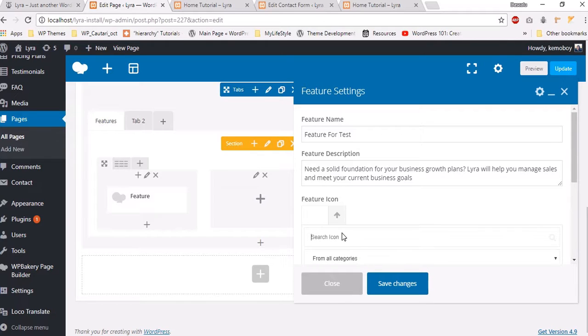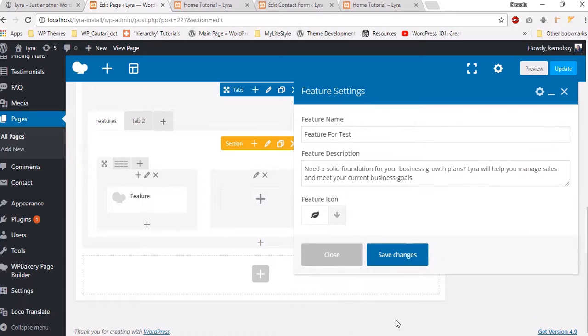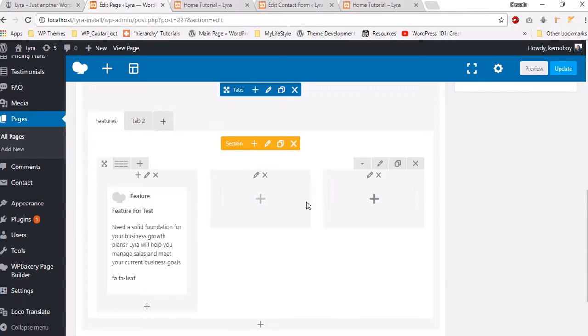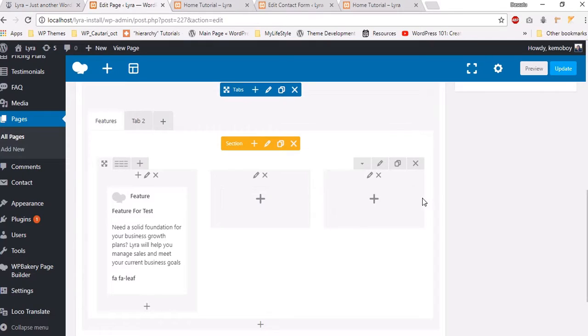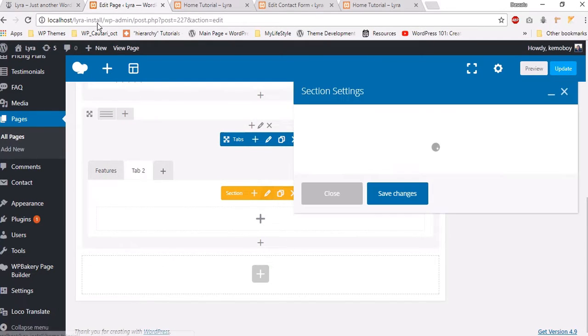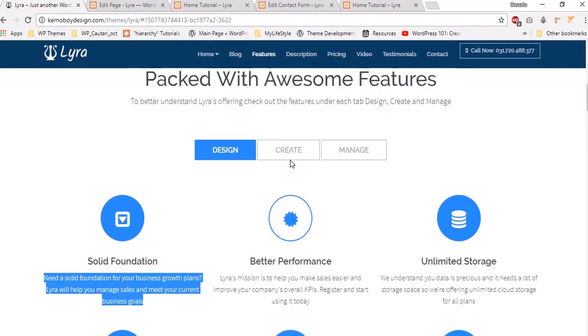Let's select something like a leaf, and save changes. I will not show you how to actually create all those sections, because it will be useless in this tutorial. I'll show you just how to add one. So you created this one. Let's go on the tab 2, and we'll have the